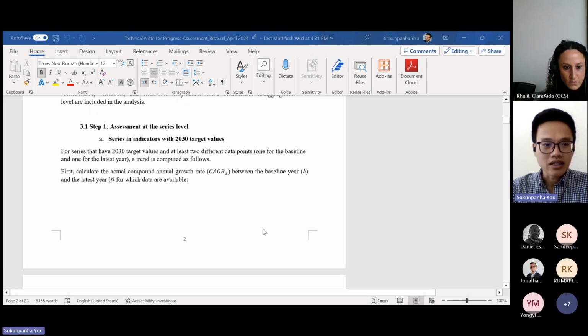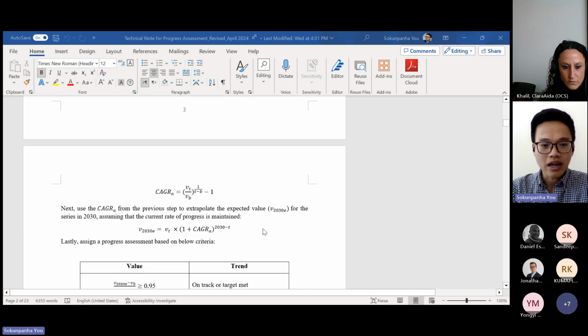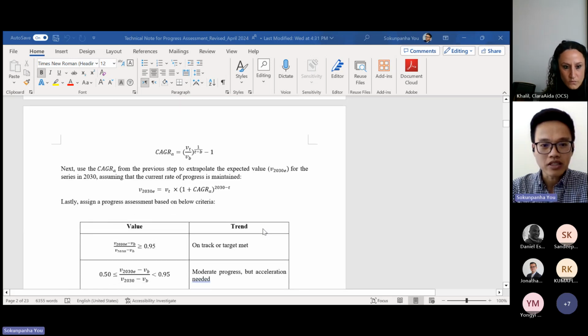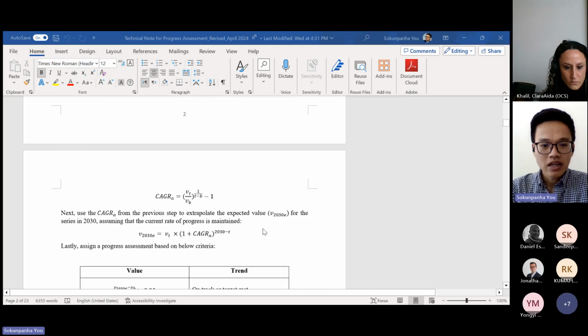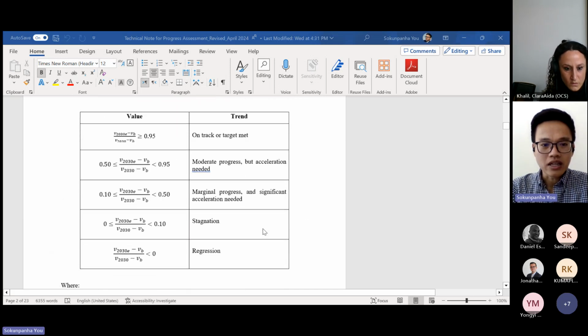I think these steps, the first step, pretty much the same, the formula are the same as last year. The only difference here is that the cutoff points for the different categories of trends have changed slightly, right?